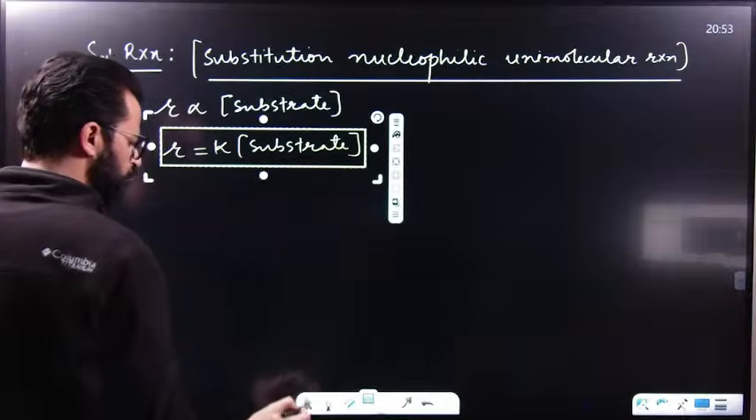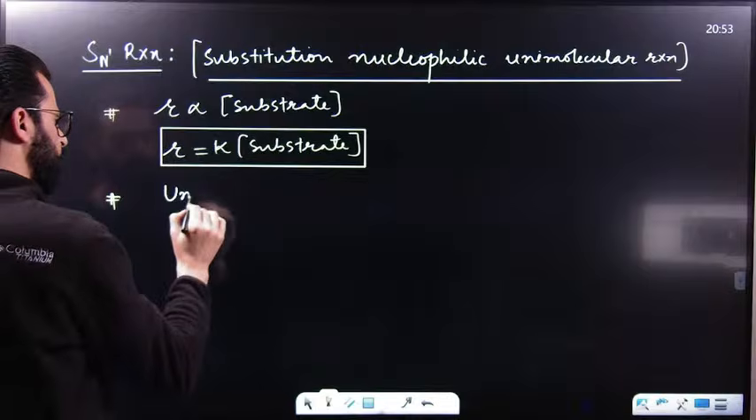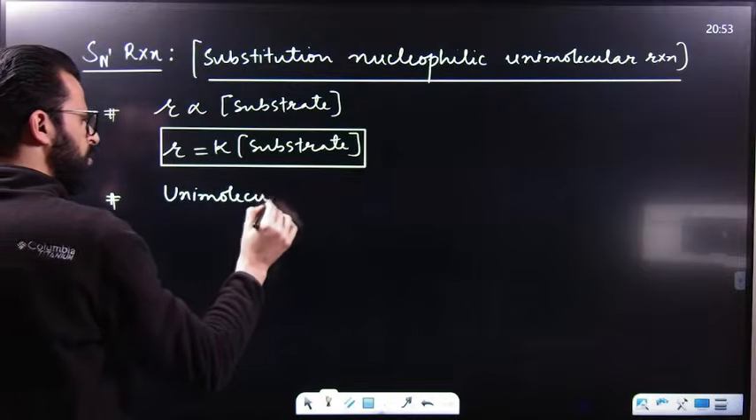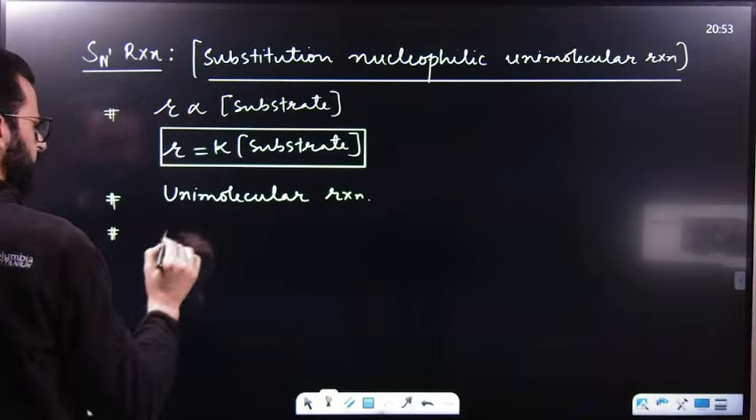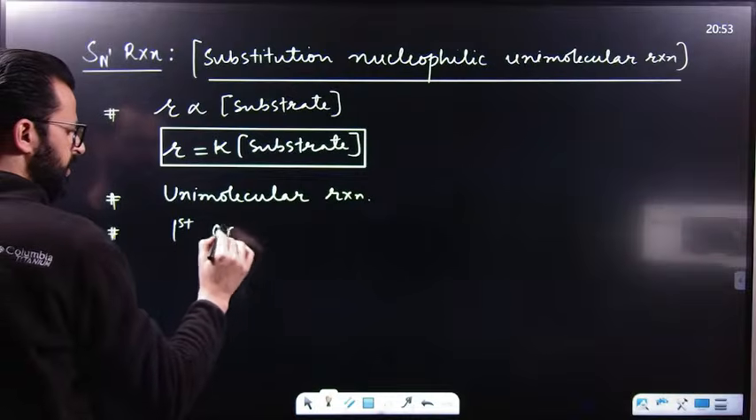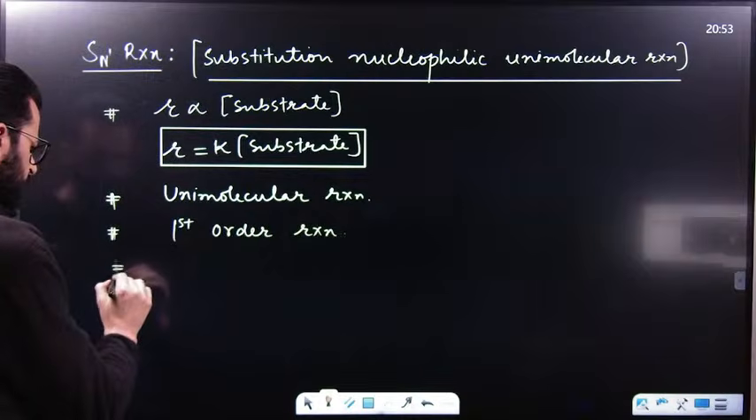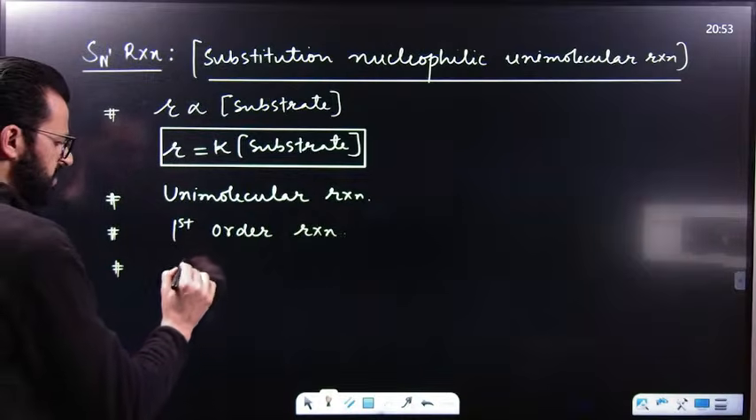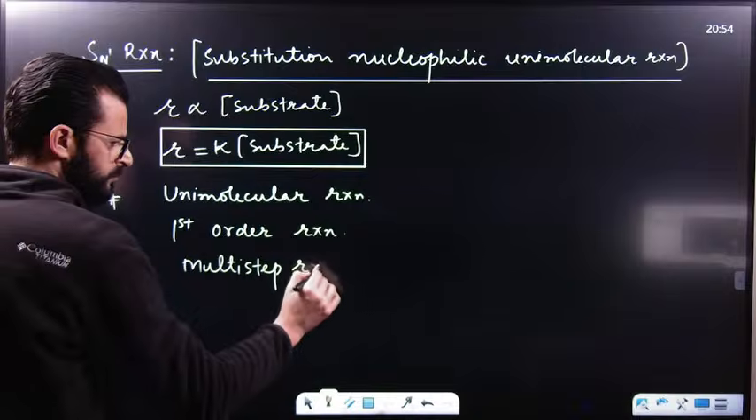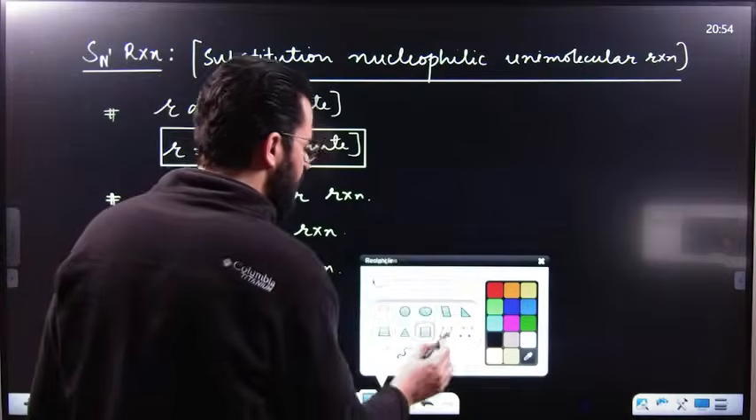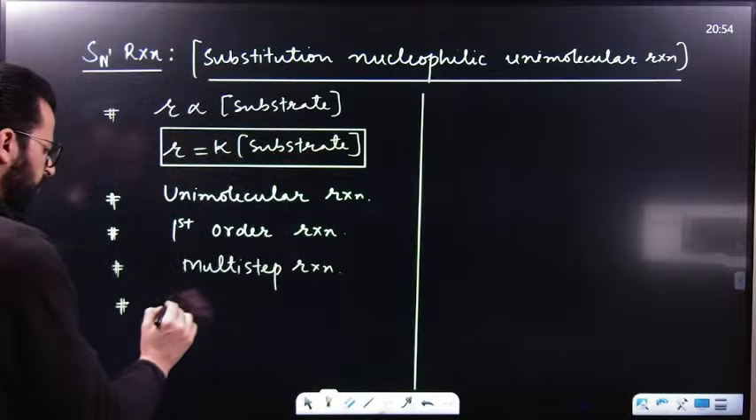Now it is clear from this point that it is unimolecular. So SN1 reaction is a unimolecular reaction, and it is clear from this that it is a first order reaction, or it follows first order kinetics. After that, remember, SN1 reaction is a multi-step reaction. Please try to understand. It's a multi-step reaction. And step 1 is always